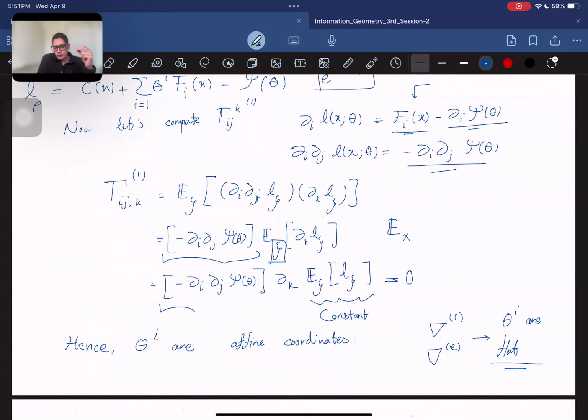Here we have x, log of p, x, and theta. But the expectation is nothing but an integral or summation. So I can rearrange this and write this as,